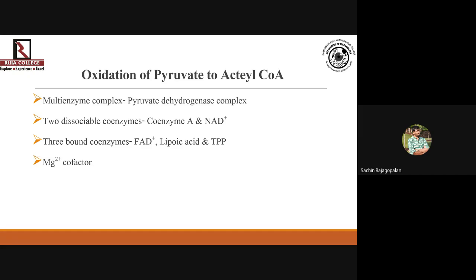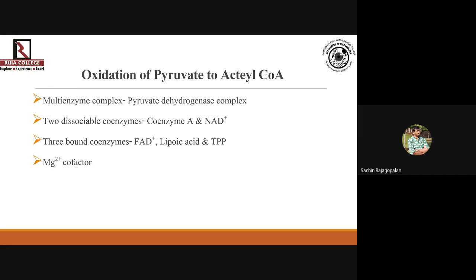dissociable coenzymes, which means that they can attach and detach. They don't have to be always a part of the enzyme complex. Okay, so they are called dissociable coenzymes. Those 2 dissociable coenzymes are coenzyme A and NAD. These are the dissociable coenzymes. And it also makes sense for them to be dissociable because coenzyme A is recycled, and NAD, when converted to NADH, it has to go to ETC. So I can't have it attached at one place, right? So both of them being dissociable makes a lot of sense.